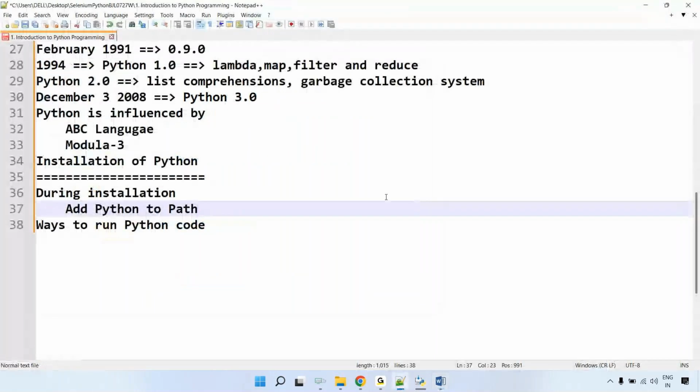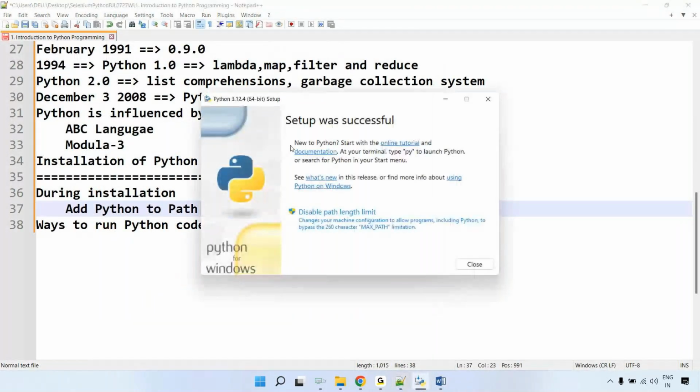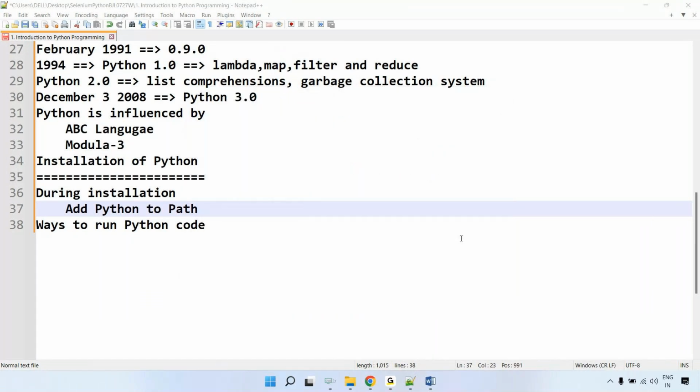Don't worry. We will see whether it is installed or not. You can see setup is successful. It is installed. Click on close. Once you click on close, yes, it is successfully installed. At the very beginning, I said what you need to do: you need to add Python to path. This is the shortcut way. During installation of Python, you need to see that option. Now, what is that